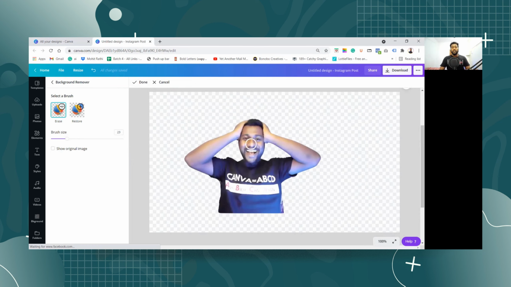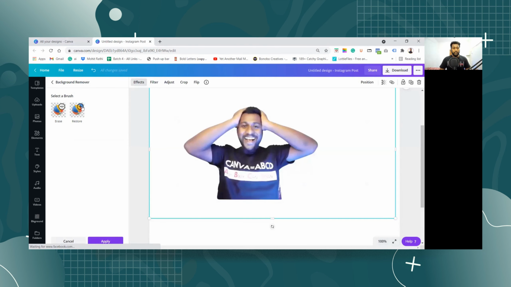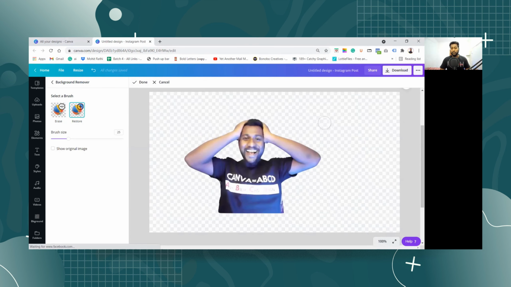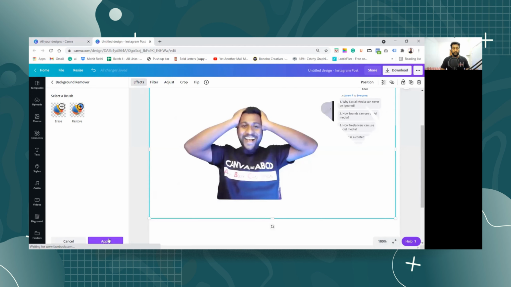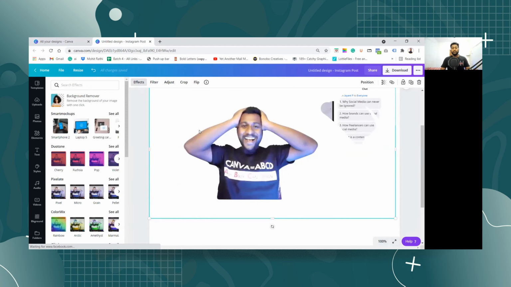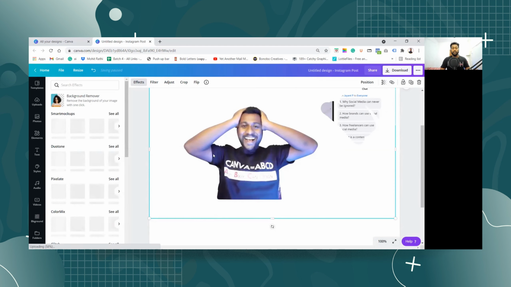And suppose you want to restore some portion of this design, then you just need to select the Restore option, and from here click on Done, and now you can restore. Suppose I want some portion from this particular area, I'll select the Restore button, and then you can adjust the brush like this, and now we will see this portion on our design. Once you click Done and then Apply, you will get this restored, and you can remove unwanted parts from this design.